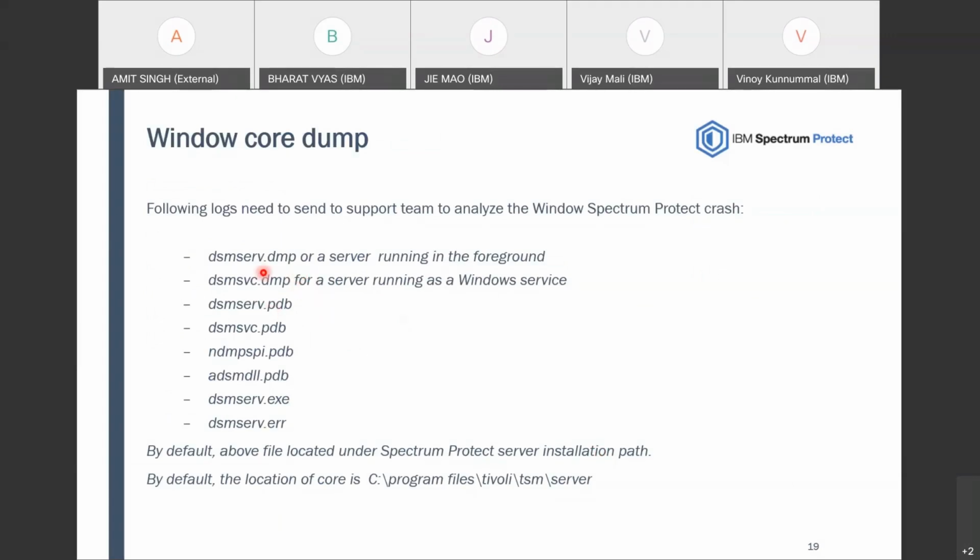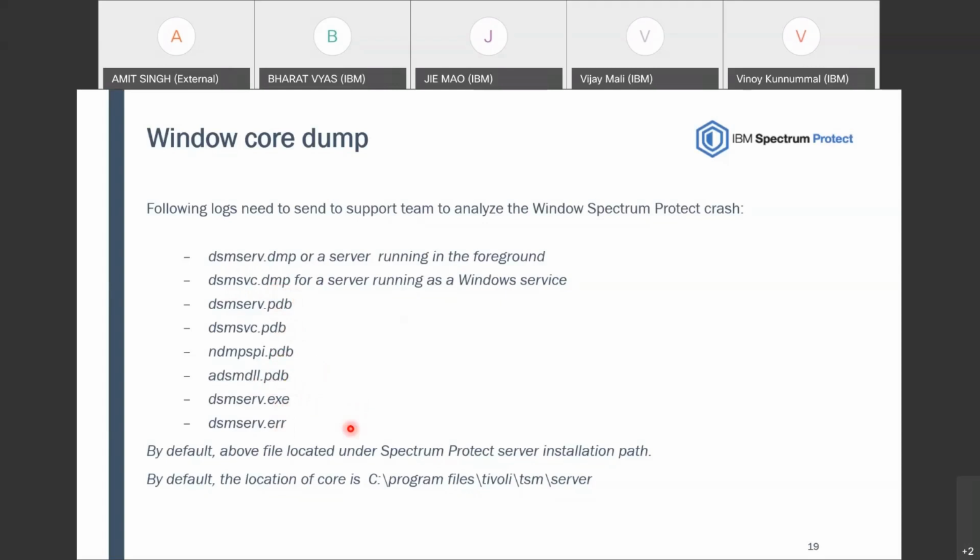If the server is running in the foreground, it will generate dsmserv.dmp. And if it is running as a Windows service, it will be generated as dsmsvc.dmp. And share this information: dsmserv.pdb, dsmsvc.pdb, ndbpi.pdb, adsmv.pdb, the executable, and the error log.